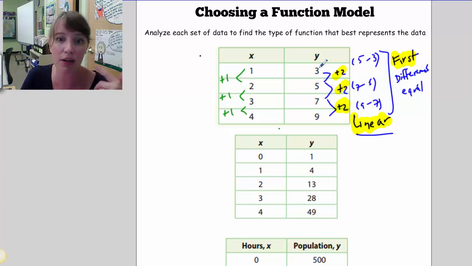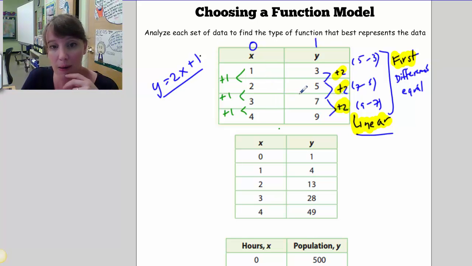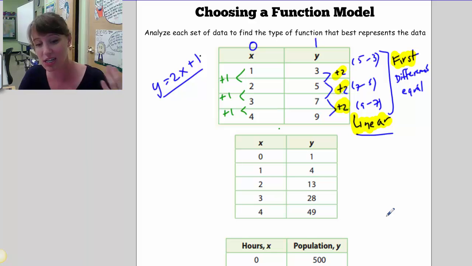Okay, we could get the y-intercept by figuring out, well, if x is 0, what is y? Y would be 1. So actually I can identify this function right away. It's y equals 2x plus 1, just by looking at the slope. And the slope, remember, is the difference of y over the difference of x's. And here it's constant. And you know if you have a constant rate of change,